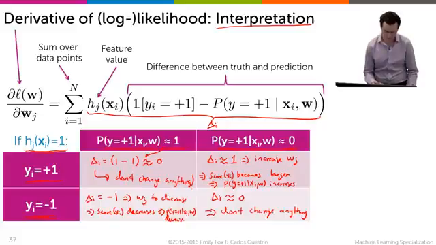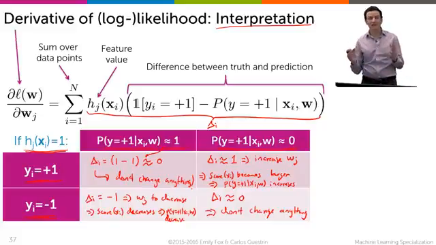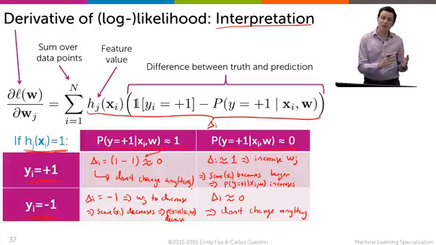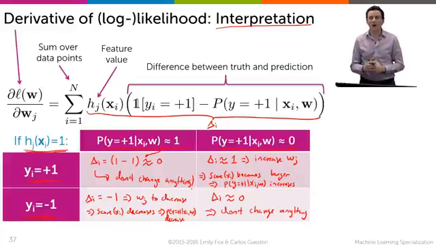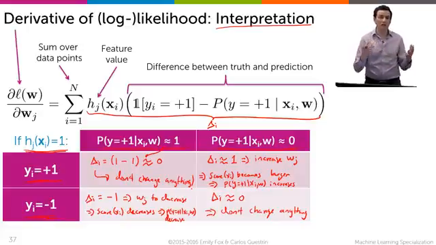Yay! If it's a negative data point and we get it wrong, we decrease the coefficient to make that probability of it being positive smaller